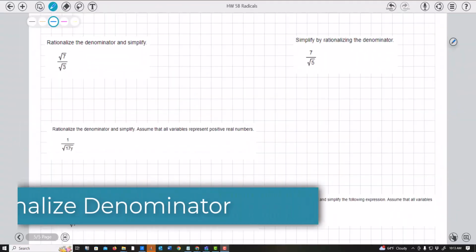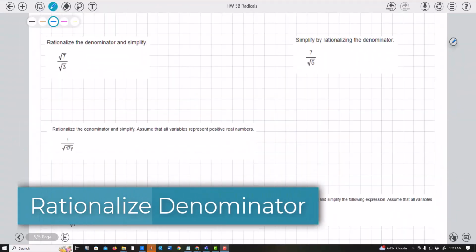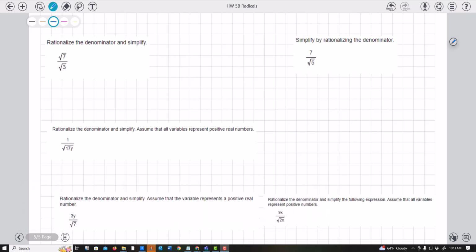All right, I just threw a whole bunch of problems on this one page that says rationalize the denominator and simplify. When you rationalize the denominator, you simply make sure there is not a radical in the denominator. And how you do that is you just simply multiply by that square root. And when you multiply the square root of 3 times the square root of 3, remember that says you can